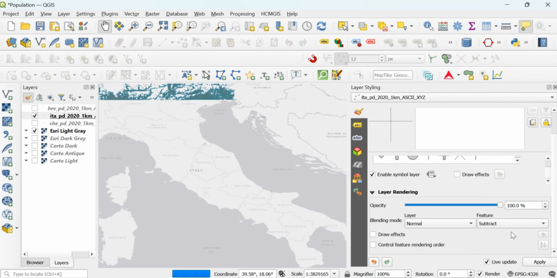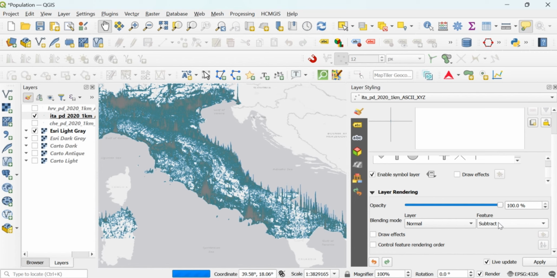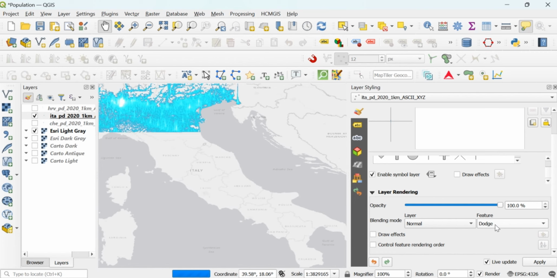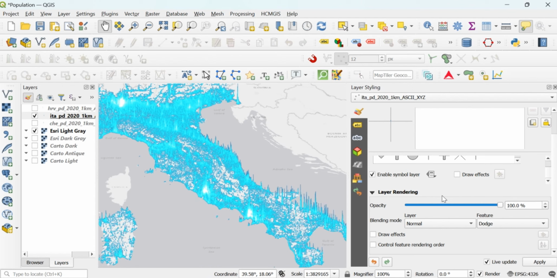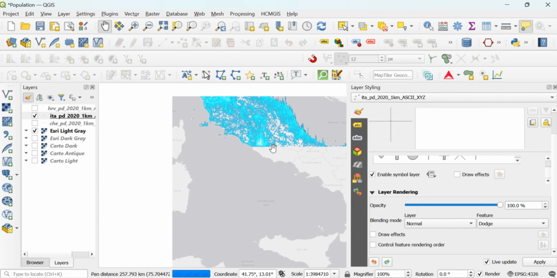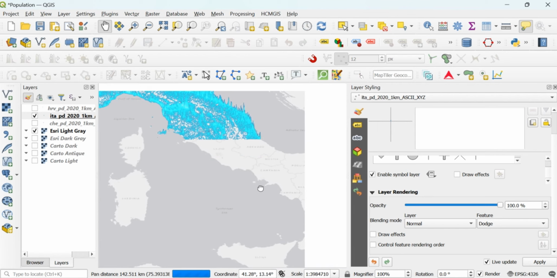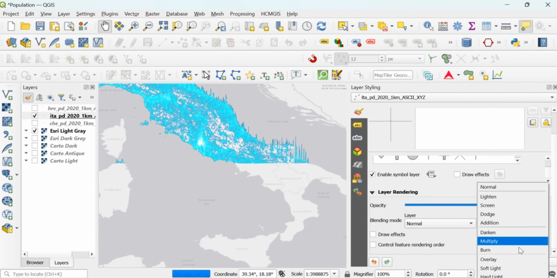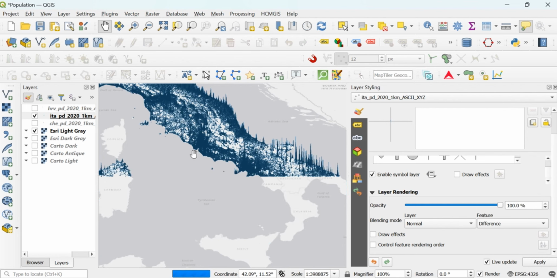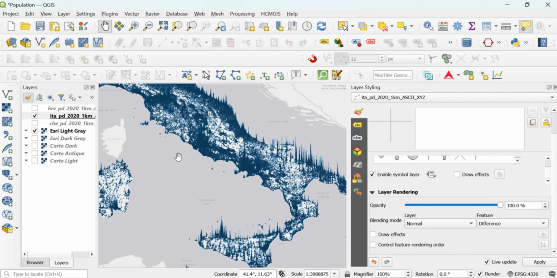Let's try subtract also. No, subtract is not fine. Maybe this will look good for some people, but I think I will stick with the difference because that one looks a little bit catchy.